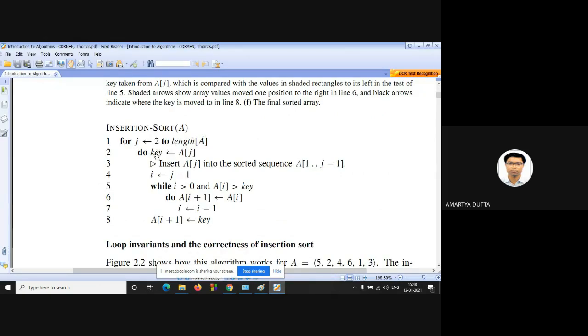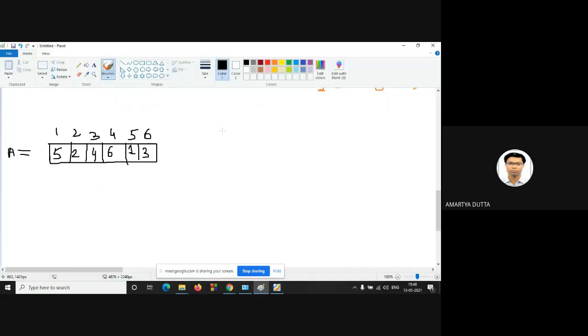Now key is equal to A[j]. At the first step, what is the value of key? Anyone? Key is equal to 2. j runs from 2 to A.length, which is 6.